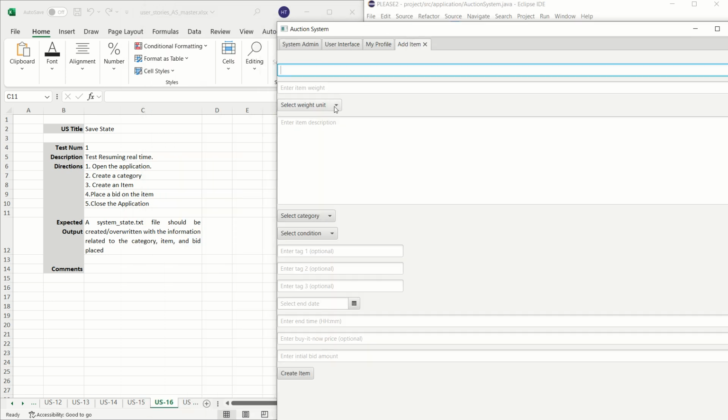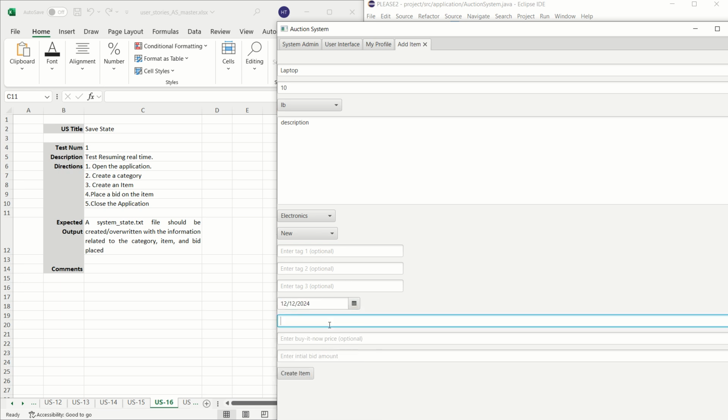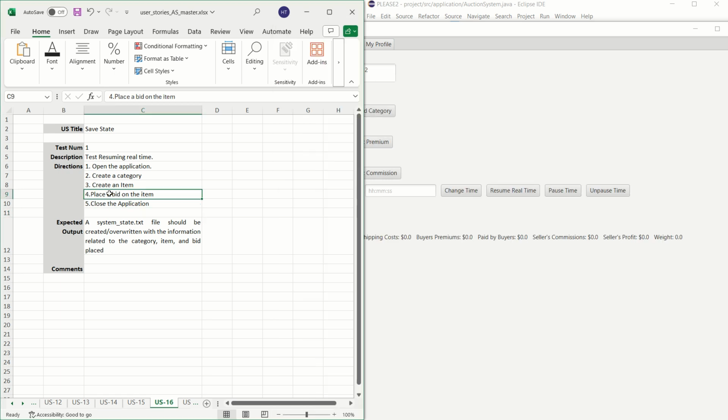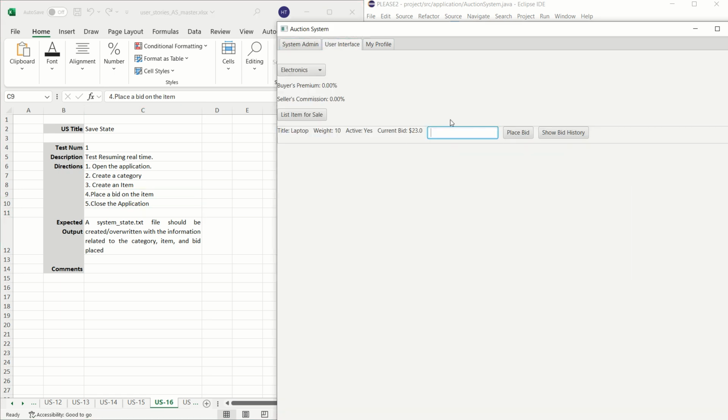We'll list an item for sale. This will be a laptop. Weight, 10 pounds. Description, price, condition, it's new. End date will be tomorrow at 10 o'clock. And the initial bid amount, $23 per laptop. Create item. Place a bid on the item. So if I go here, I'll just put, I'll pay $100 for it. I'll place the bid, and then when we close it,